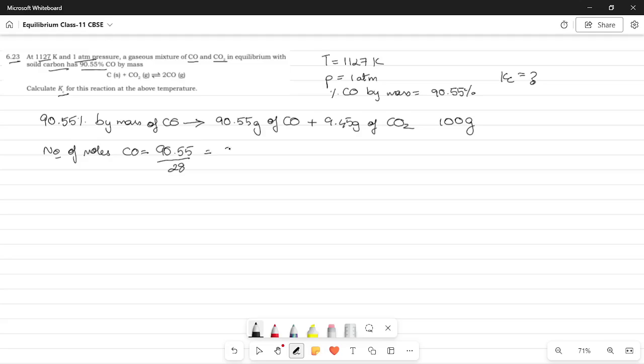So this is going to give us 3.2339 moles. Similarly, we can calculate the number of moles of carbon dioxide. So this will be equal to 9.45 divided by, what's the molar mass? 44 for carbon dioxide. And so this is equal to